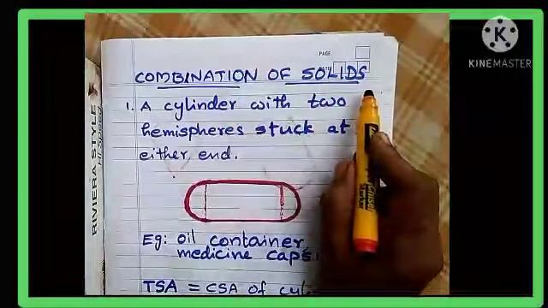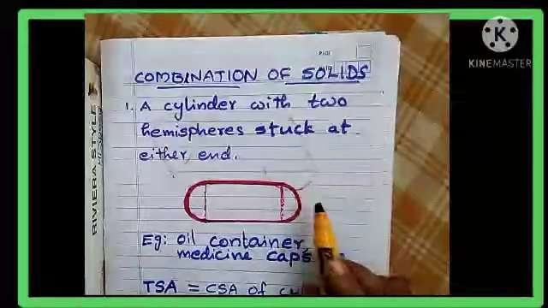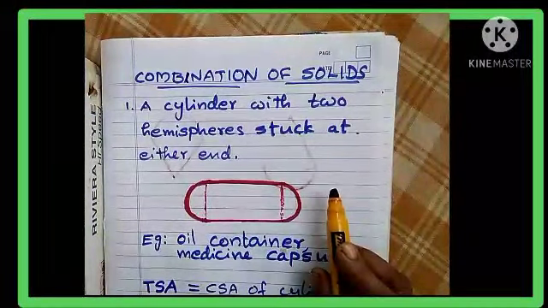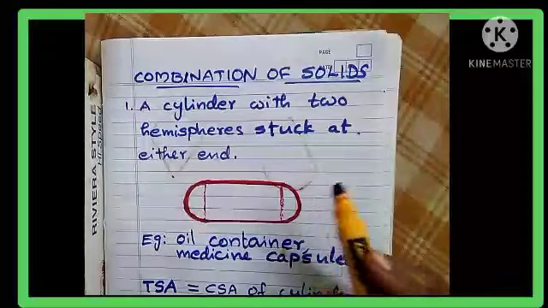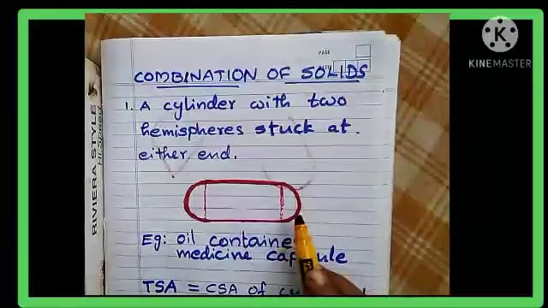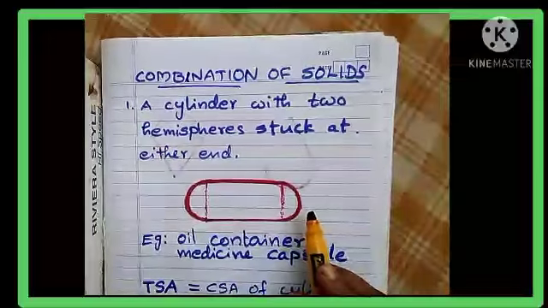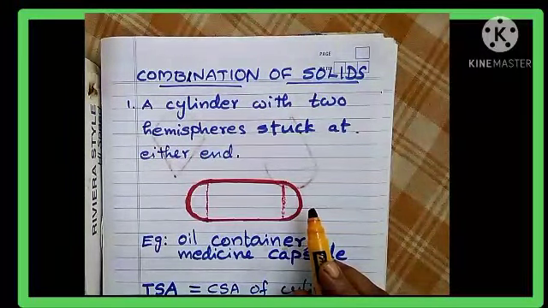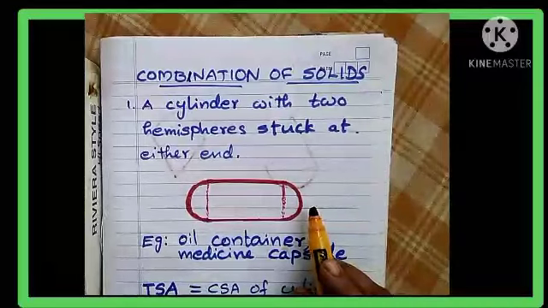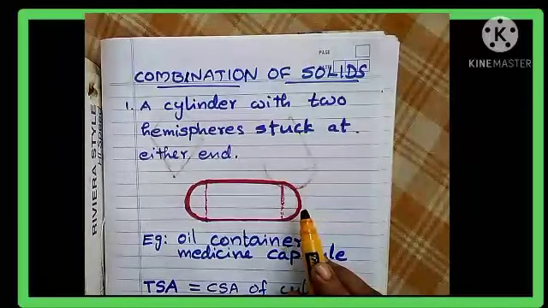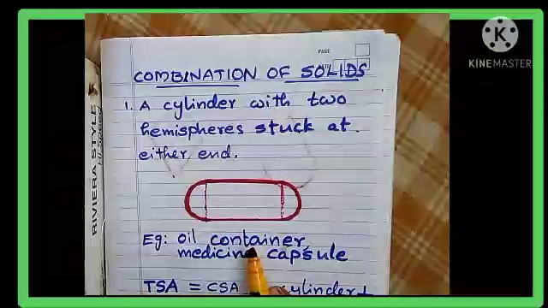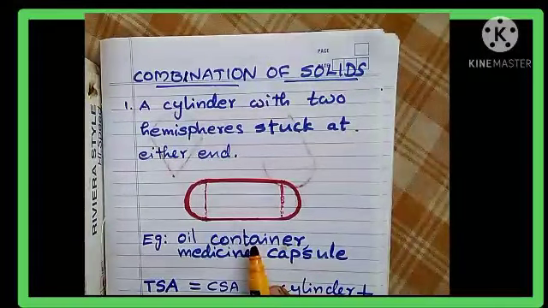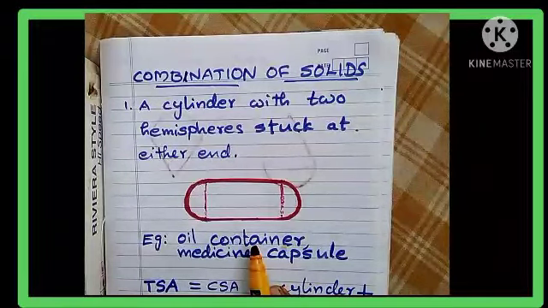Combination of solids. In our day-to-day life, we come across a number of solids made up of a combination of two or more basic solids. Okay, so a combination of cylinder, cone, hemisphere, etc. We can see them one by one. Some of the possibilities we can see now. Some combinations of solids and their total surface area and also volume we